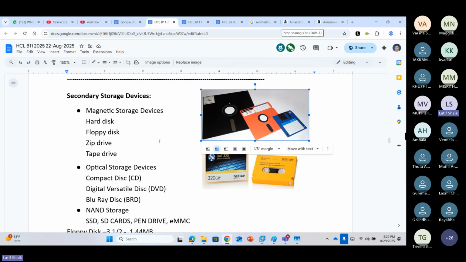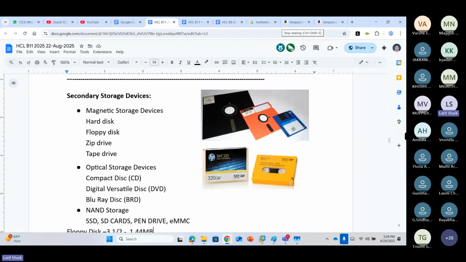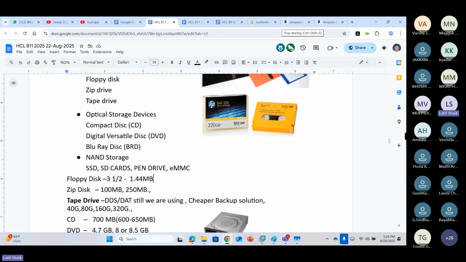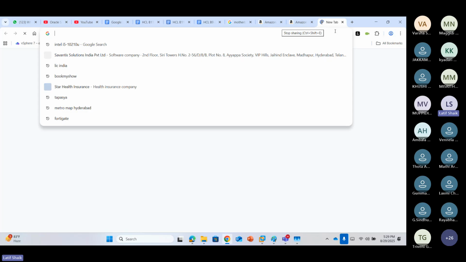Floppy disk. Nowadays, we are not using this floppy disk. See the small size one. This is called a 3.5-inch floppy disk, which is actually the bigger size floppy disk, content wise, storage wise. You know how much size it is? 1.44 MB. Inside this floppy disk, there is a thin magnetic film. In that one, data is